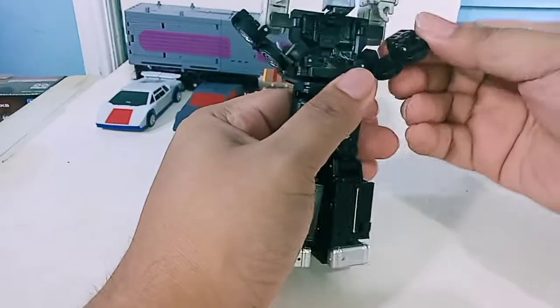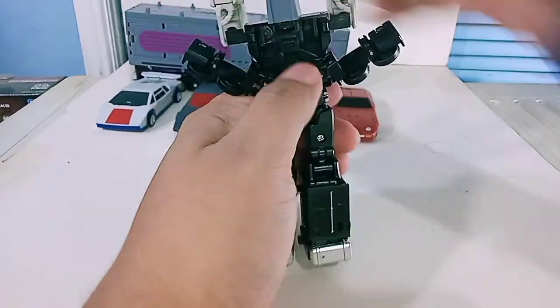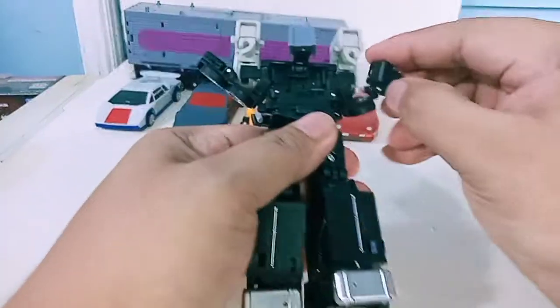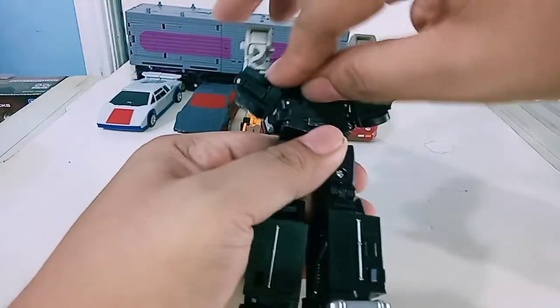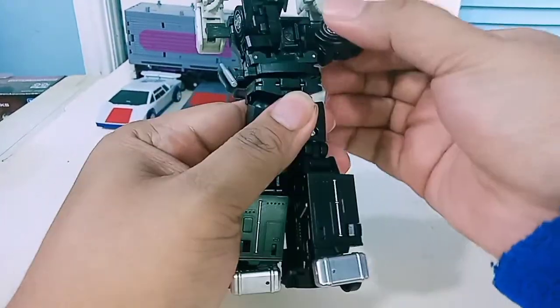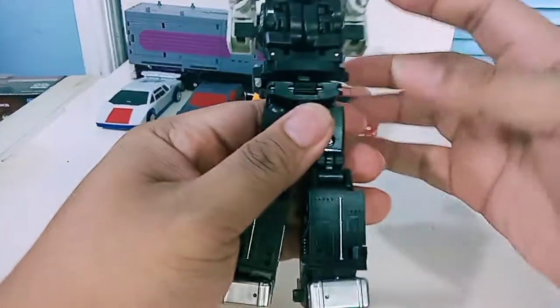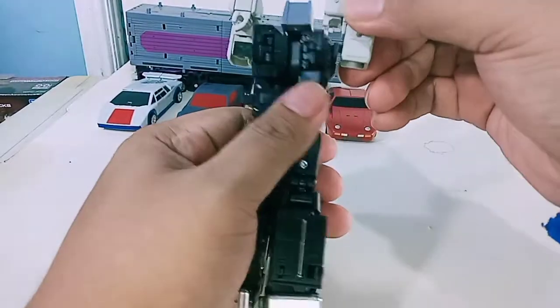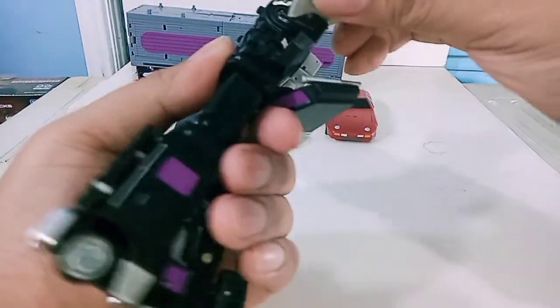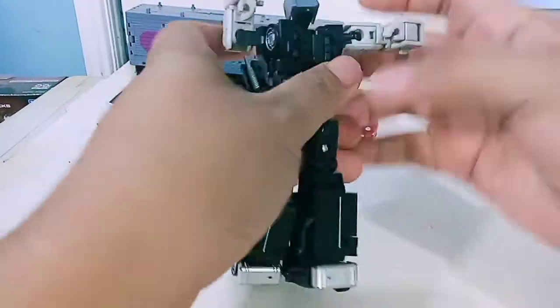Okay. Flip this section in like that. Fold this right here, and then rotate it so that the wheels will be inside, and would make this shape right there. And then just bring this section down, but before you bring it out, just rotate it first like that